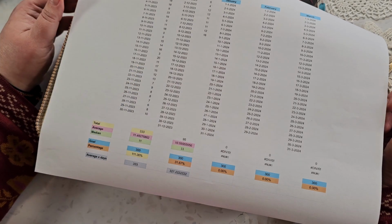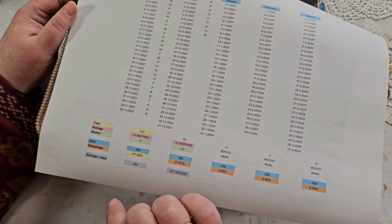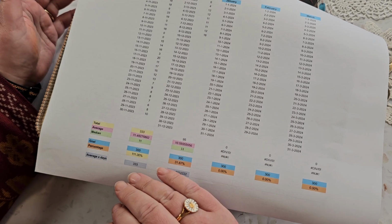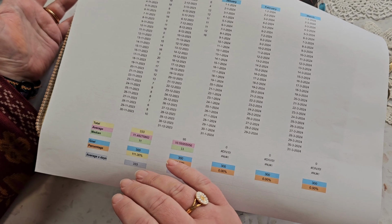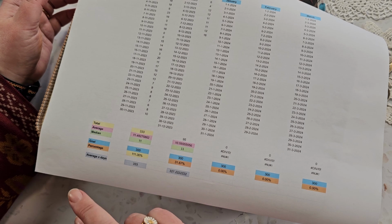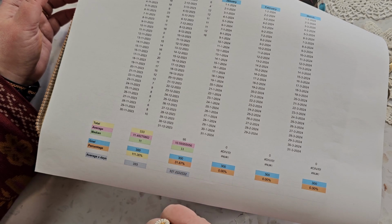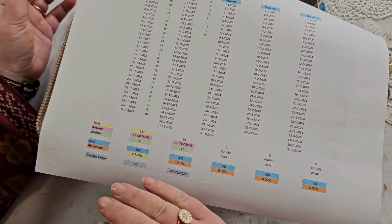where I can put in how many hexagons I make each day, and then I've set it up so that it will calculate how many in total per month, my average per day, the median per day, because why not, and then I also have a little section where it can calculate the percentage that I've made. So if I've made 100% of my goal for each month, which is 300 hexagons,